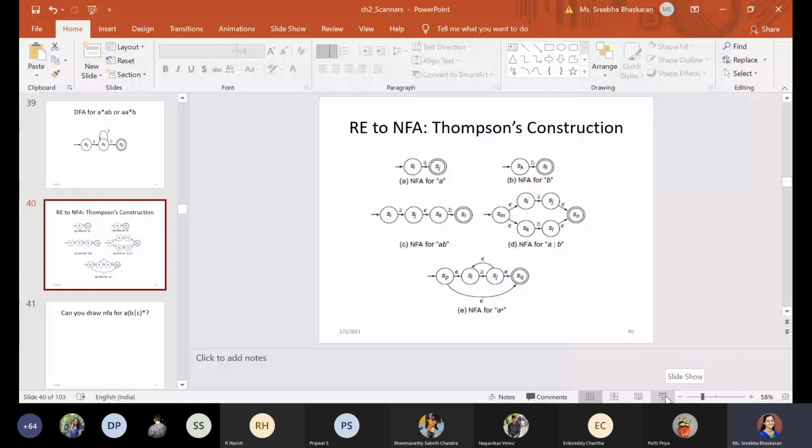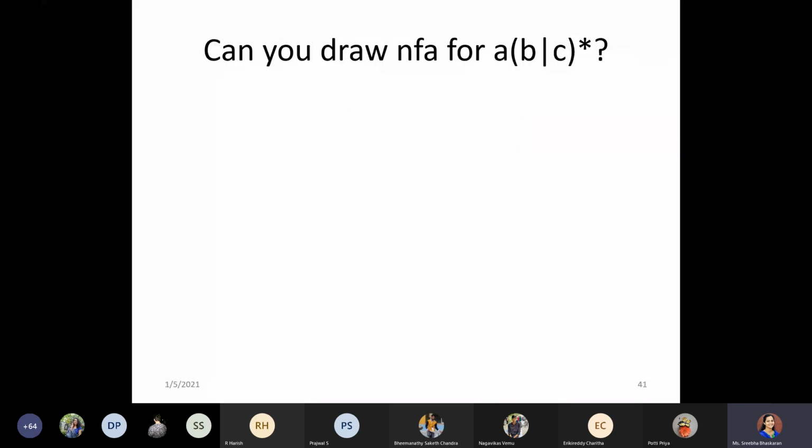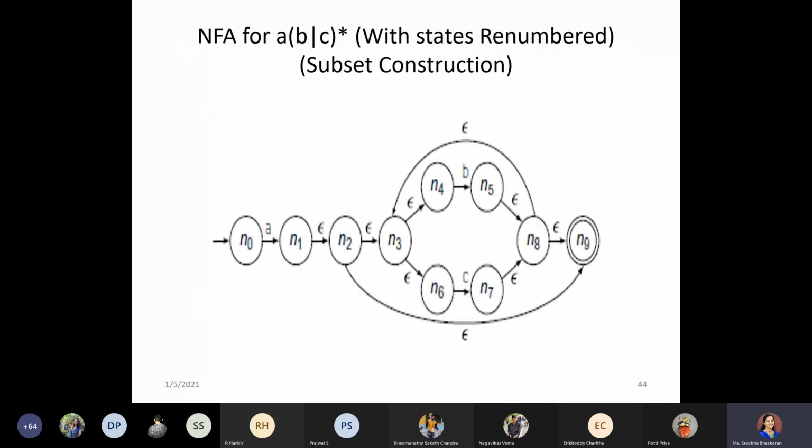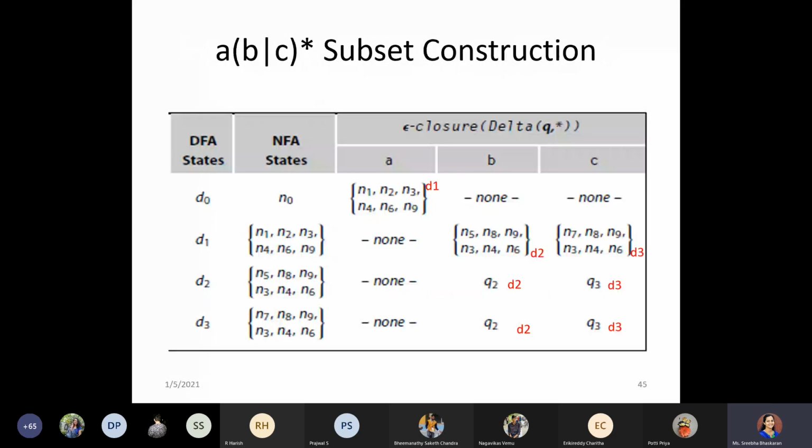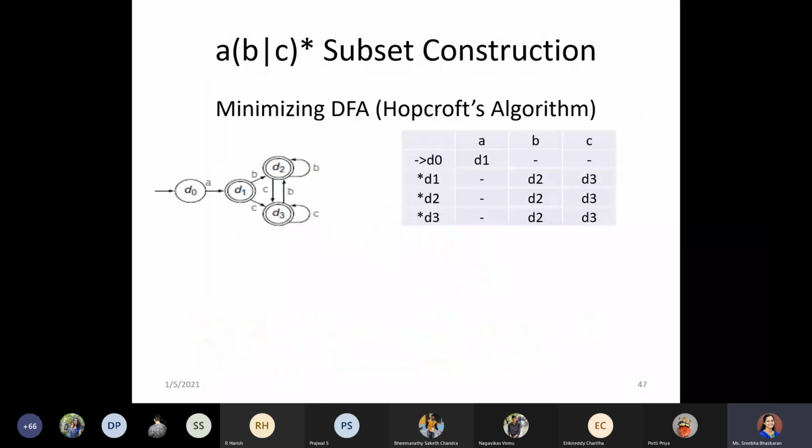We have discussed all these NFA to DFA conversions and DFA to minimized DFA. Yesterday, I forgot to mention something. As a conclusion for Hopcroft's algorithm, we have seen this grouping algorithm. When we were starting the grouping, we started with the final states and non-final states grouping, and then we kept on moving. Then we started splitting, picking each group, and kept on splitting it by looking at the transition table.